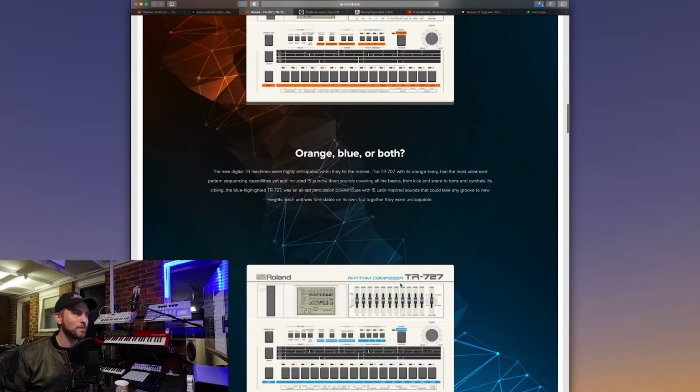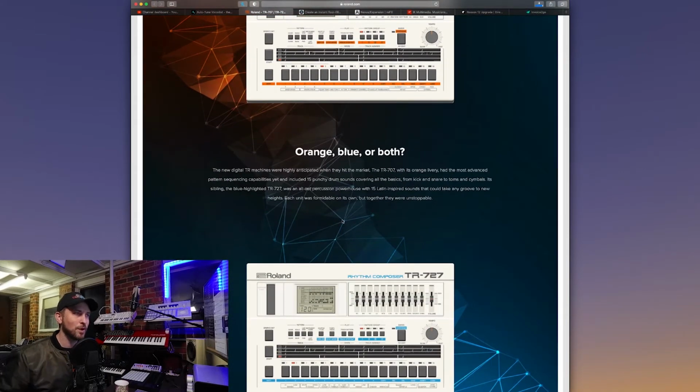Now, orange, blue are both. So the new digital TR machines were highly anticipated when they hit the market. The TR707 with its orange livery and the most advanced pattern sequencing capabilities yet, and included 15 punchy drum sounds